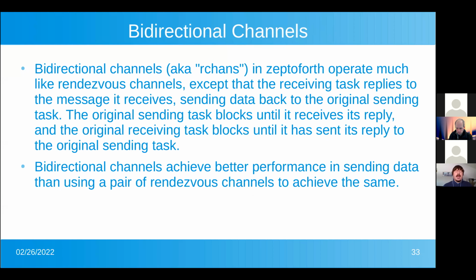Bidirectional channels, aka R-chans for reply channels in zeptoforth, are very much like rendezvous channels, except for they provide a means for the receiving task to reply back to the sending task, which essentially doubles the bandwidth that's possible because it allows a number of optimizations in the sending and receiving process. And if you use two F-chans to send back and forth in two directions,